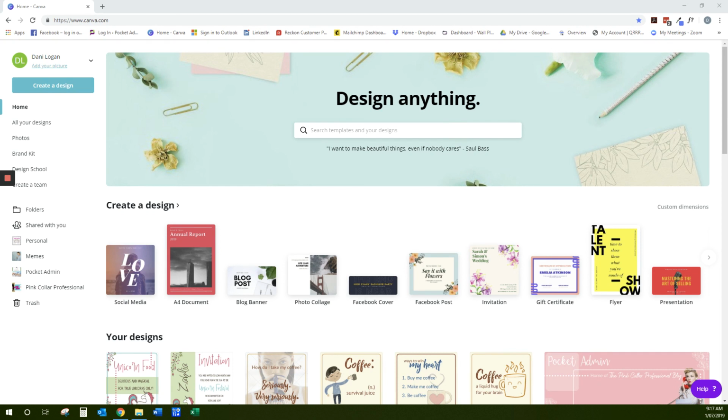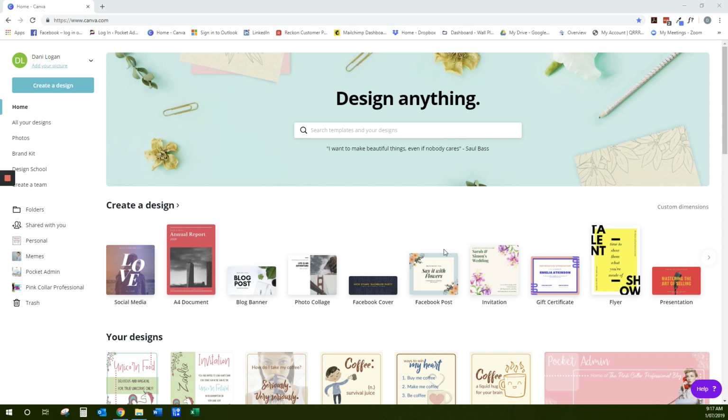I thought I'd do just a really quick demonstration of using Canva for something like a social media meme. So this is Canva, as you can see. Now I do have a paid subscription, but it really only adds things like some extra pictures and fonts and stuff. So what you're going to see is pretty much what you get with the free version of Canva as well. So you can create your own design